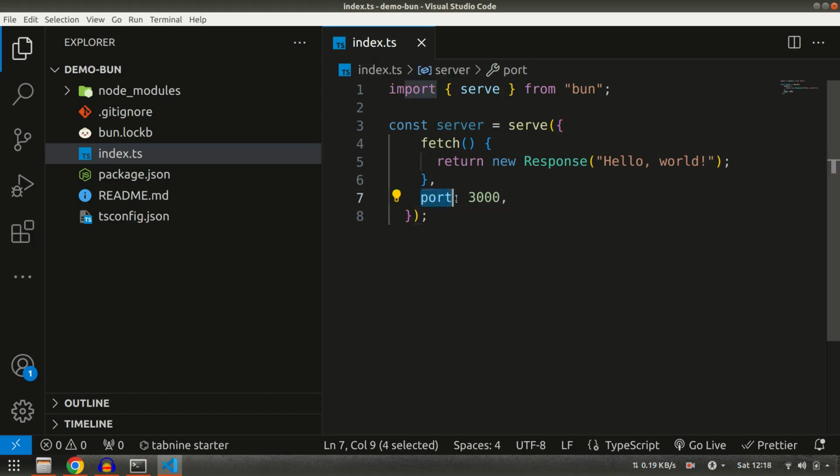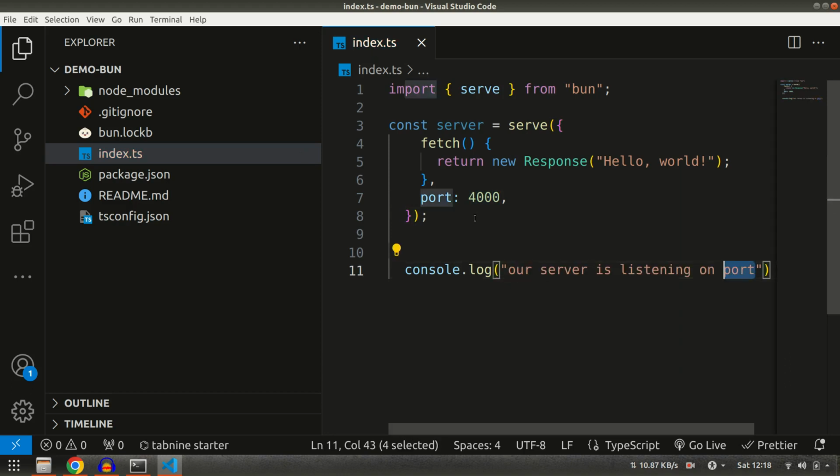And here we had just given this information: at which port number we want to run our server. So instead of using 3000, let's change it to 4000. And now here we can console the port number. Let's write here: our server is running, listening on port